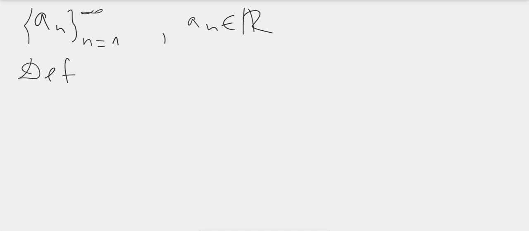So we define the limit of a_n when n goes to infinity to be number L